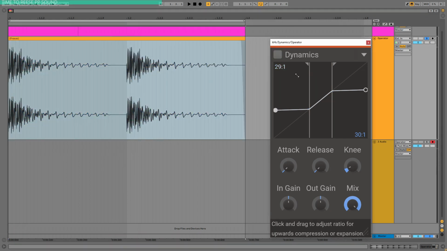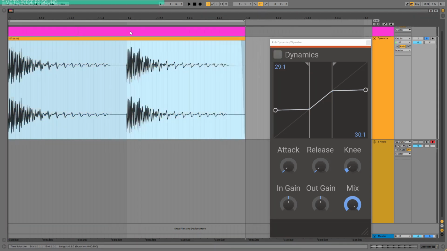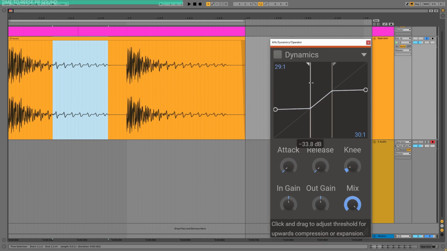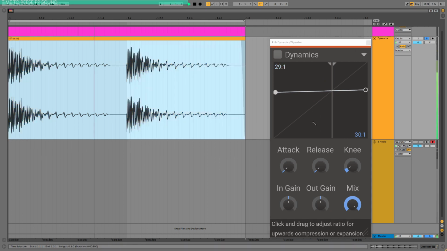Okay, so I set this thing up. Let me deactivate the dynamics first. So I set up these little plugs. First let me try the upward compression. This is the lowest signal, so we need to set a threshold level somewhere here or even here, really high, to activate the compression. For that, it is very simple. I need to pull this marker up. And when I start playing this thing,